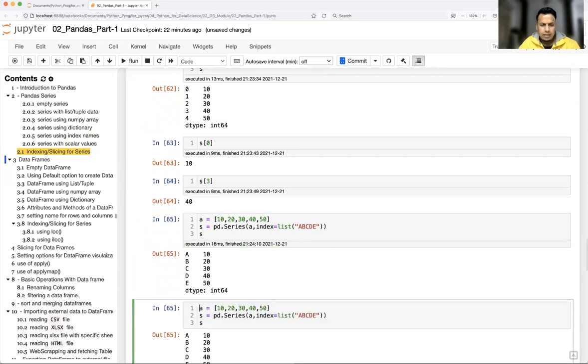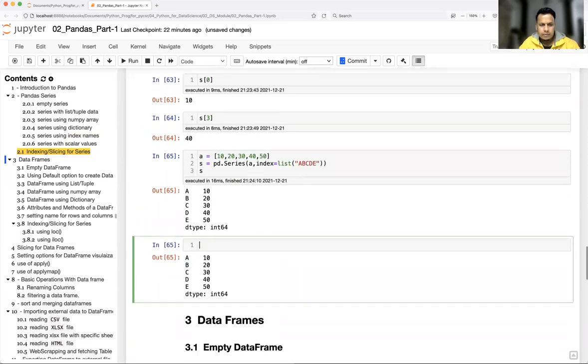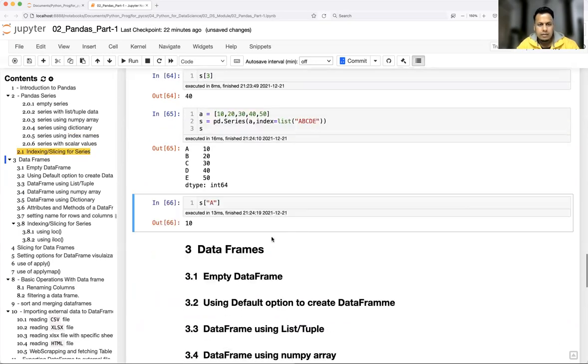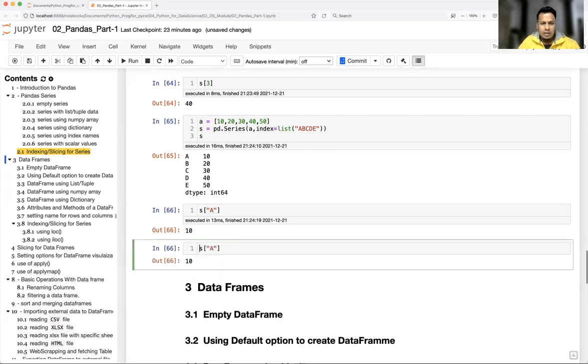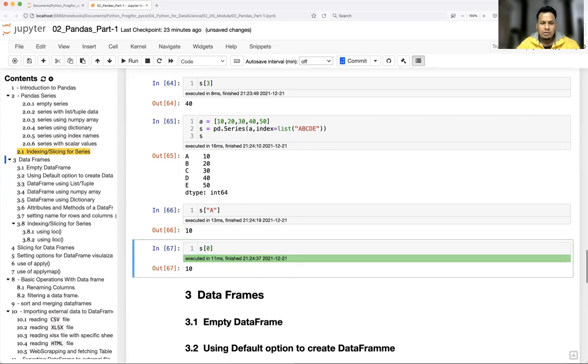Now in this case, how can you access? S of A. See here. So there are two ways to access in the series: either using the index position or using the index name. If an index name has been passed, you can use the name also. But now let's say my S is having index names. If I pass 0, then what will happen?